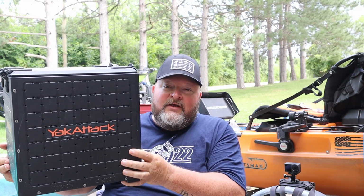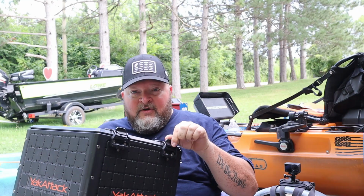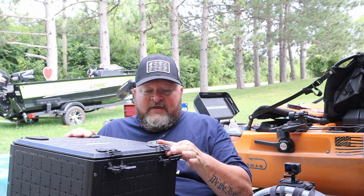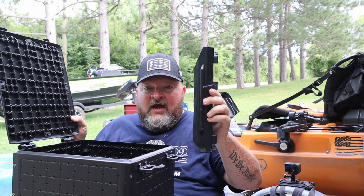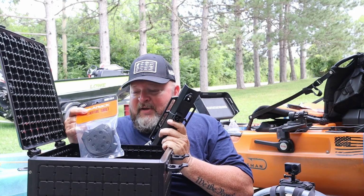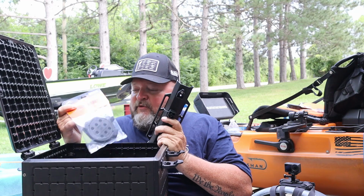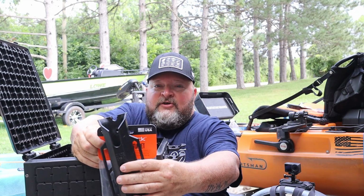I'm still putting this one together because this is going to be my river kayak crate, but it has lockable hinges, so if anything happens, your lid is securely closed. Comes with a bunch of nice rod holders. The cool thing I like about this is after they came out with this black pack, people said, hey, I need something for rivers, which lets you mount this on the side of the kayak, attach your tether tube for it,